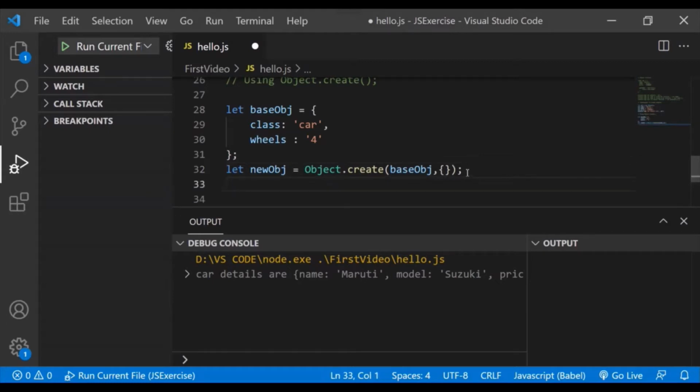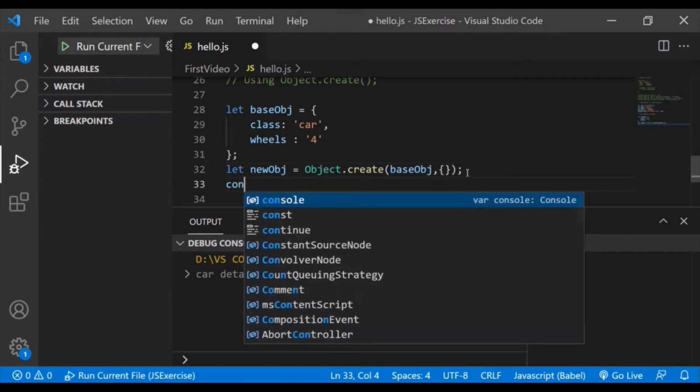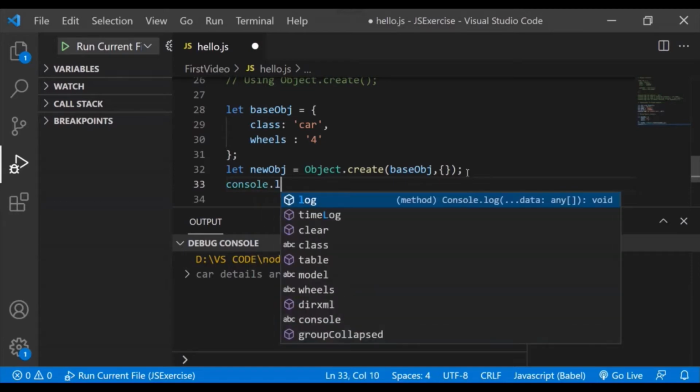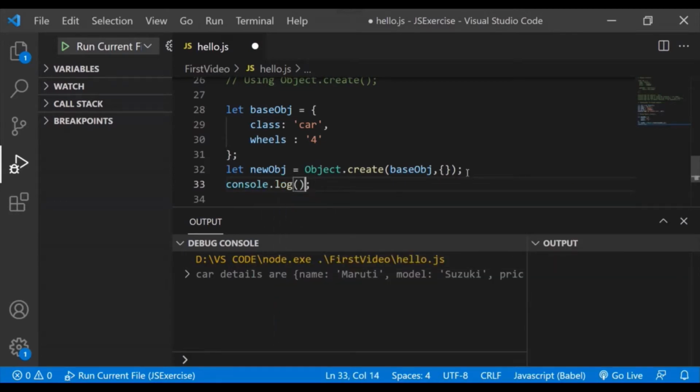Let's add a console log for new object, and we'll specify new object over here.